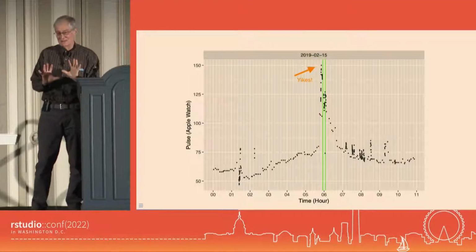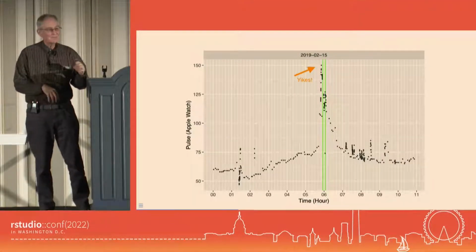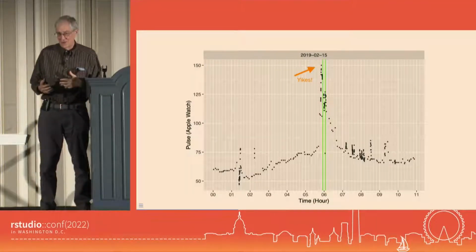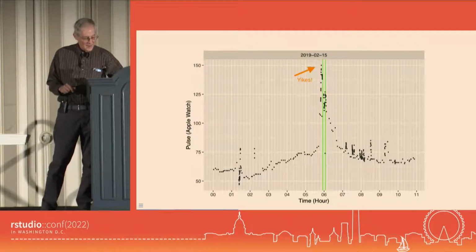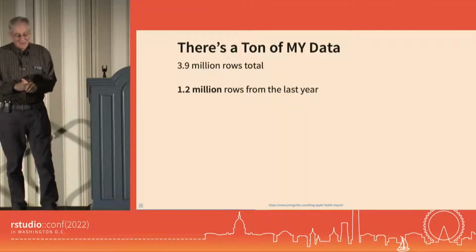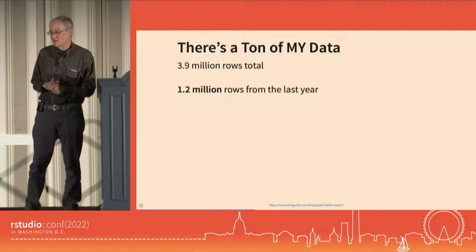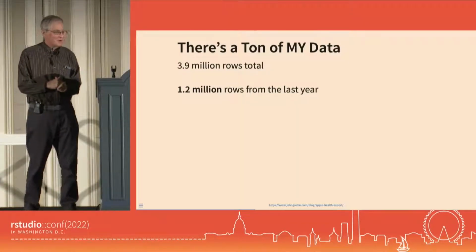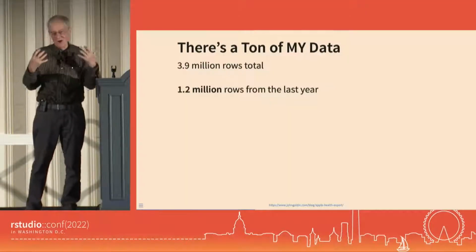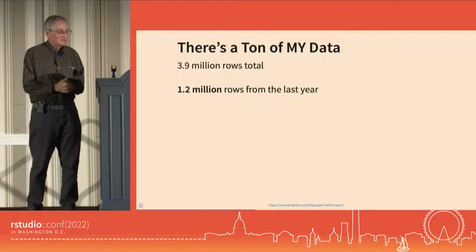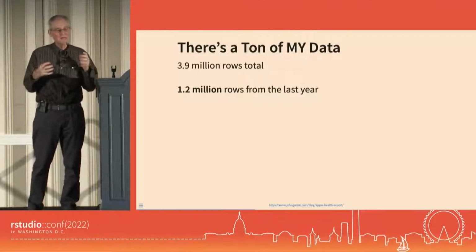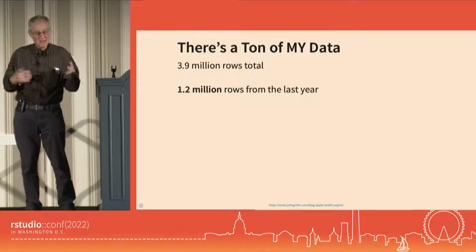But it does provide an example of how your health tracker is basically making a recording of your life with data. So in order to do this chart and to look into this a little bit more, I had to sort of dig into the Apple Health export. And the first thing that sort of blew me away was just the sheer volume of data. Never in my professional life have I worked with a data set nearly as large as me. And I was kind of excited about that, and it was kind of fun. So 3.9 million rows, 1.2 million rows in the last year alone. I mean, as we speak, I am adding rows to the data.